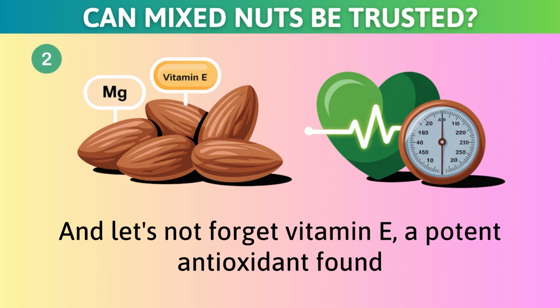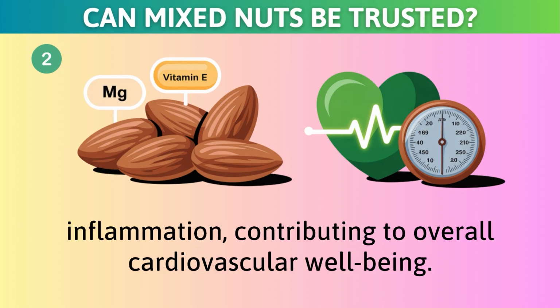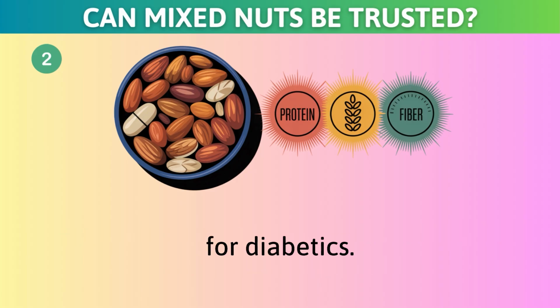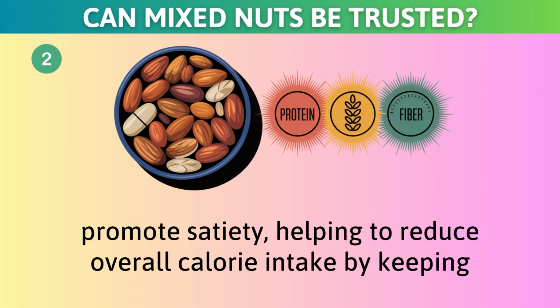And let's not forget vitamin E, a potent antioxidant found in almonds, which helps protect cells from damage and reduces inflammation, contributing to overall cardiovascular well-being. Almonds can also be a valuable ally in weight management for diabetics. Despite being calorie-dense, the protein and fiber in almonds promote satiety, helping to reduce overall calorie intake by keeping you